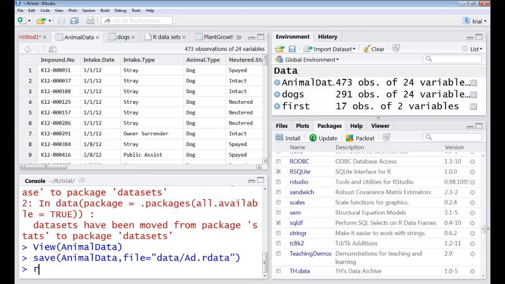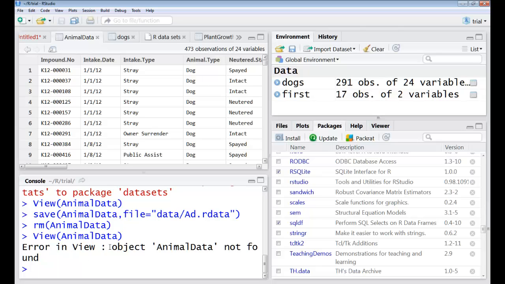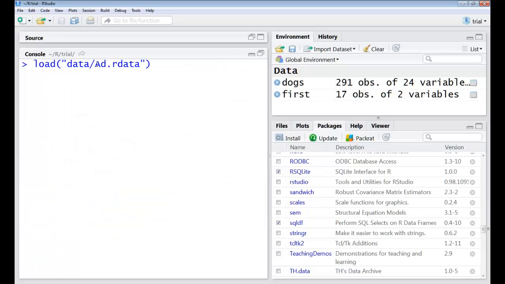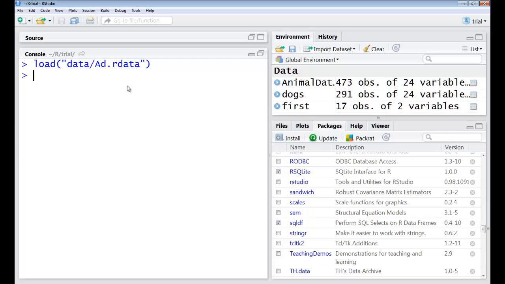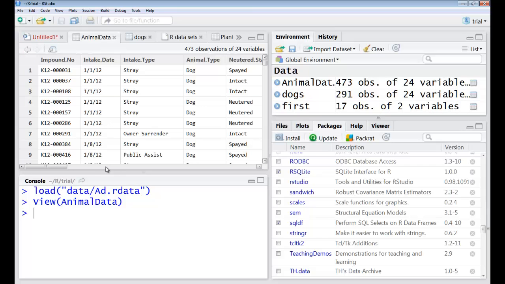Now if I remove animal data, you can see it's gone from here, and if I say view animal data, you can see the object animal data does not exist. Now if I just load my file which I had created, ad.rdata, then you can see the animal data is restored here and I can see the data again.